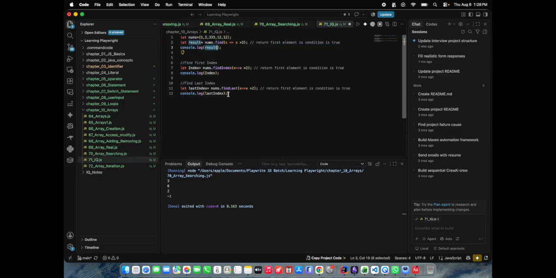So in this case, what will be the output, guys? Which is greater than 2? Is 1 greater than 2? No, it will not take. Is 2 greater than 2? No. Is 333 greater than 2? Yes. So it will take the first element. So if I print now,